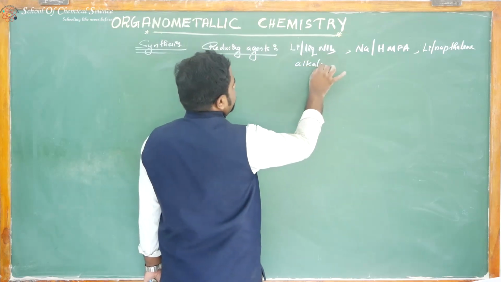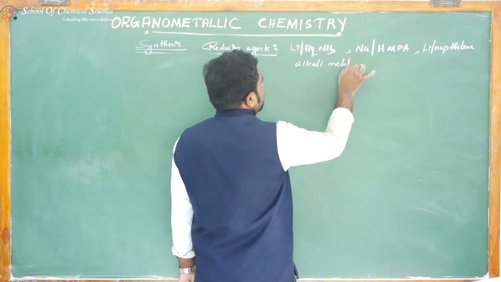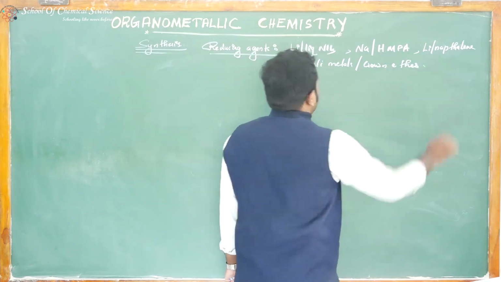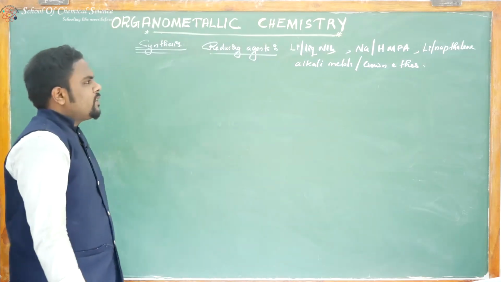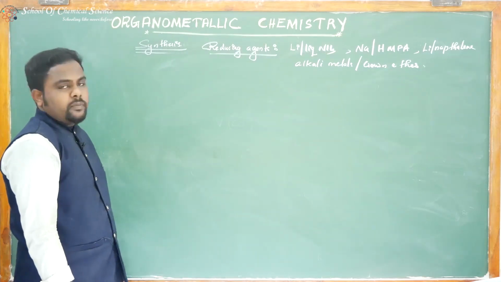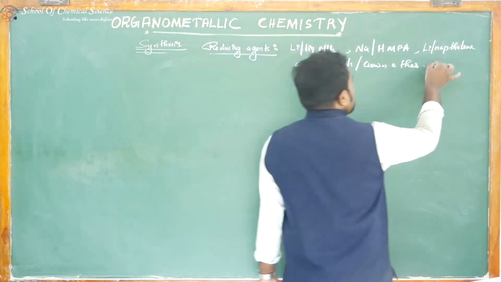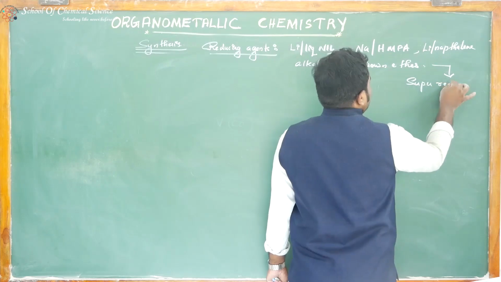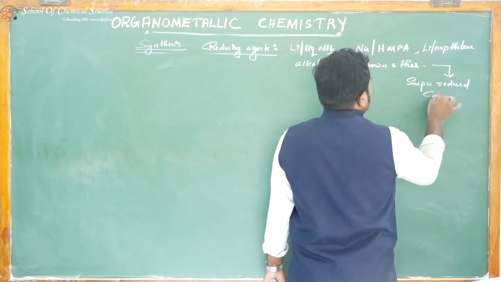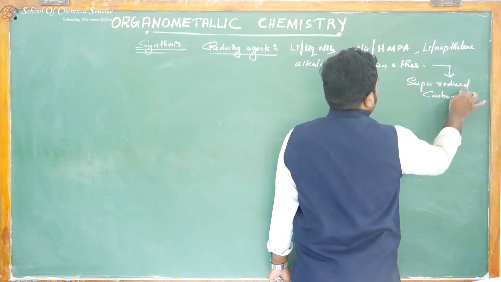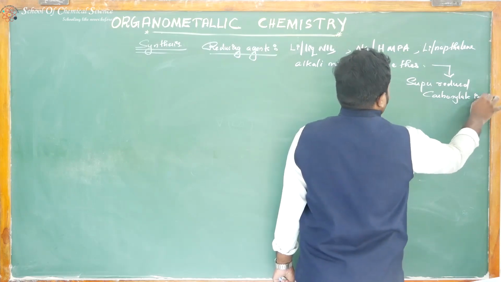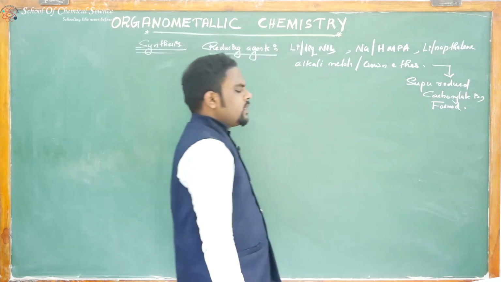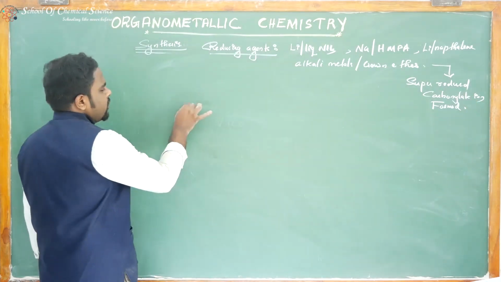Alkali metals in crown ether. All these are more powerful reducing agents. Okay, lithium in liquid ammonia, sodium in HMPA, lithium in naphthalene, alkali metal in crown ether. Super reduced carbonylate ion is formed. Super reduced carbonylate ion. For example, this is